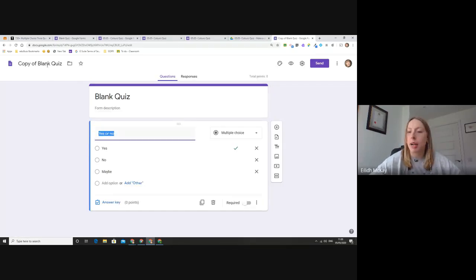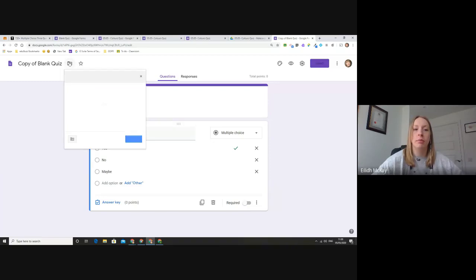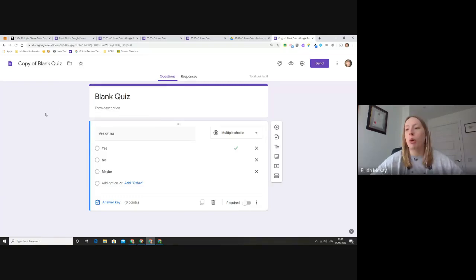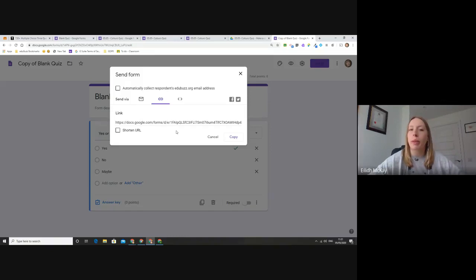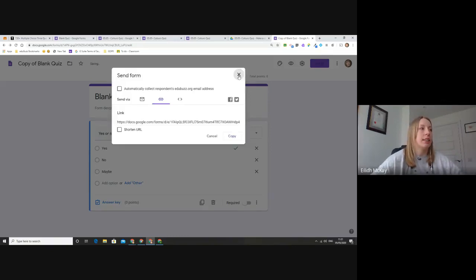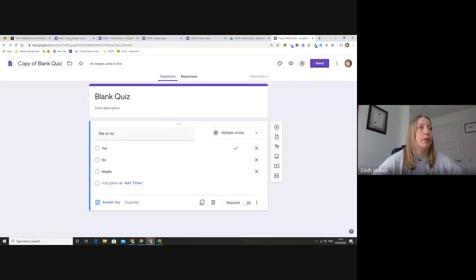So now this is mine. I control this. I can double check that it's in my own drive, so I can click on this folder icon. I can make sure, yes, it's in my Google Drive. It's not in shared with me. It's in my Google Drive, and then I have ownership of that. So if I want to now share that with my class, and I'm the teacher you've shared it with, I can click on send, I can get that link, and it won't be the same as it was for other